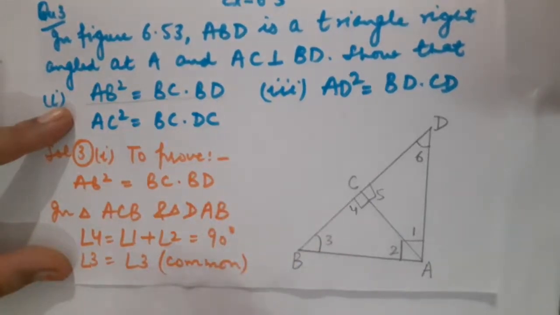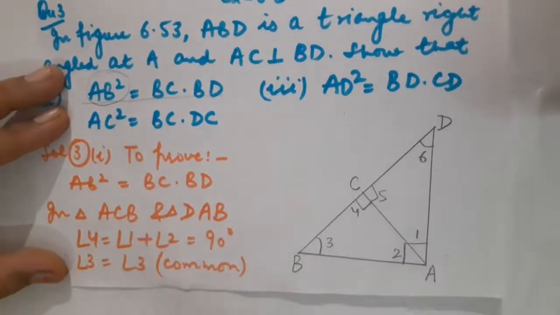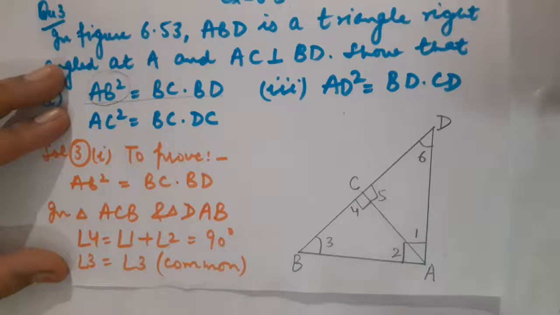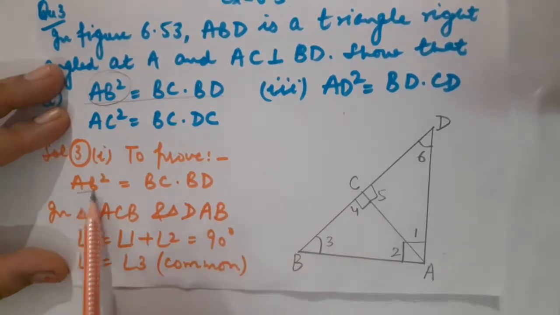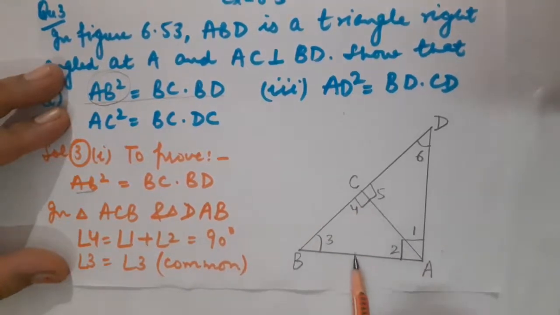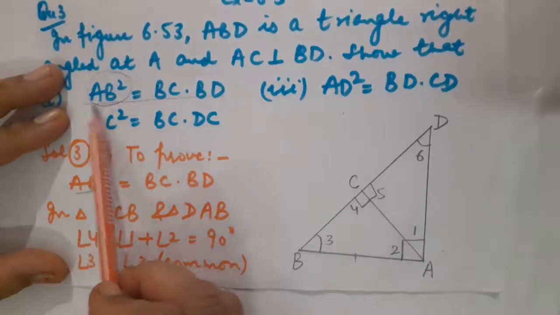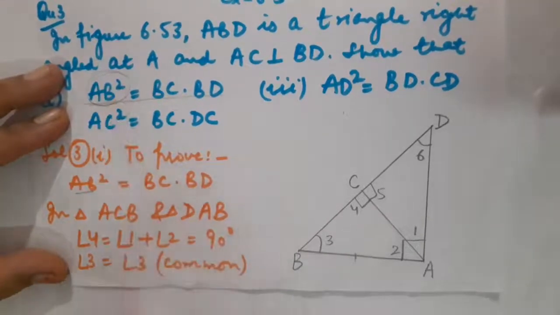Now what we have to prove, in the first part, is that AB square is equal to BC into BD. So children, you just notice here, I want AB square, means I want AB 2 times. So can you guess which particular triangles I have to choose so that I can get AB square? First of all, AB is lying in triangle ACB. Here it is AB. And of course in the bigger triangle, that is DAB, again AB is coming. Okay. So as I know that I have to prove AB square, how can I get this AB square?